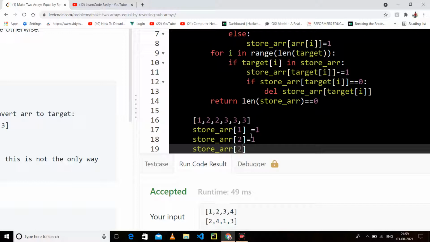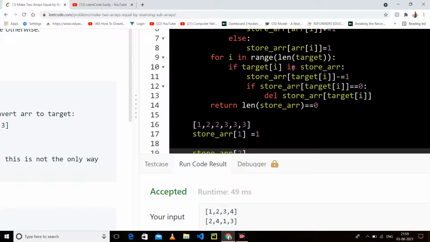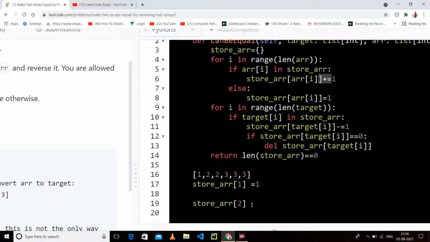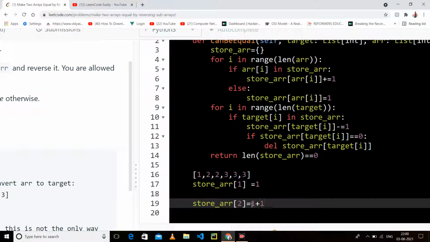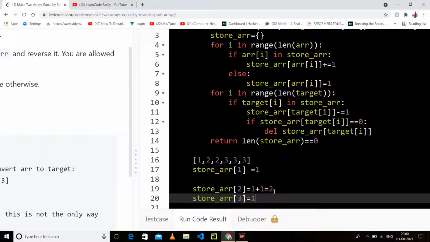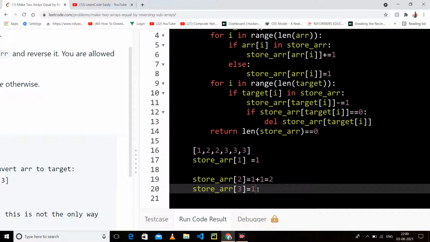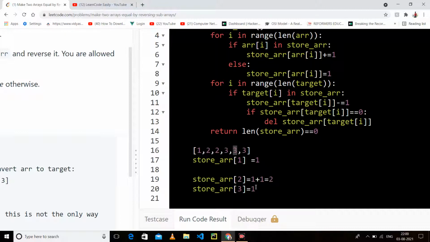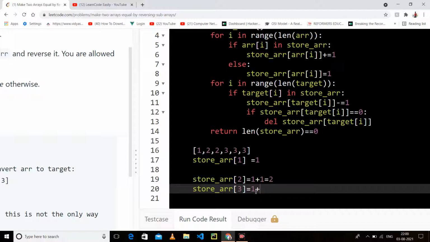Now we will see 2 is there, so we will increment its frequency by 1, so it becomes 2. Now we will see 3 is not there, initialize its frequency with 1. Now we see 1 plus 1 is equal to 2. We again see 3 is present, so 2 plus 1 is 3. So overall we have this.